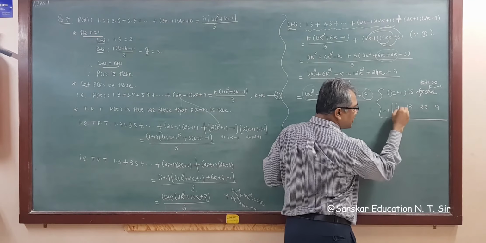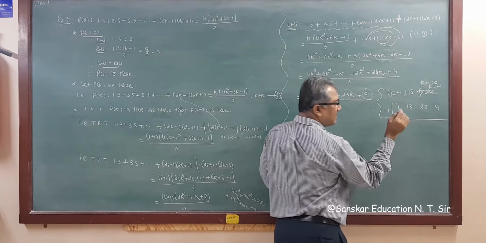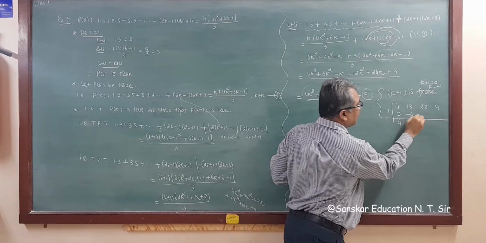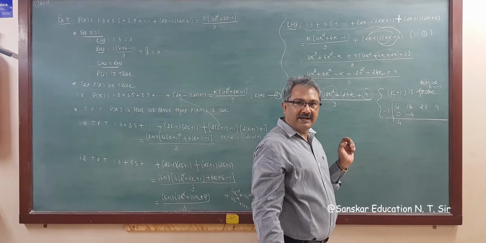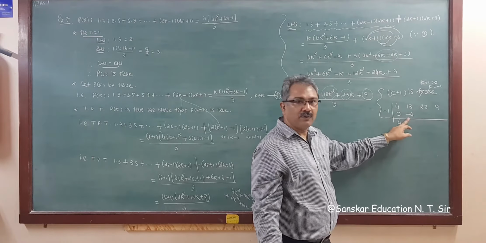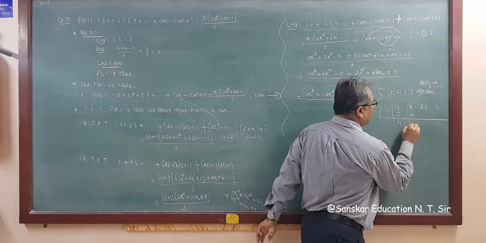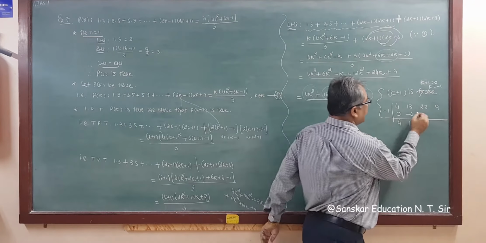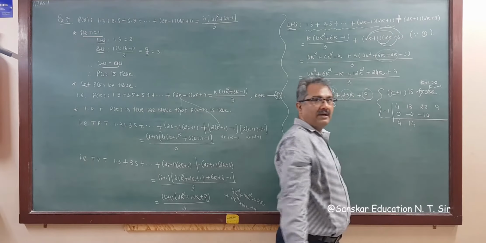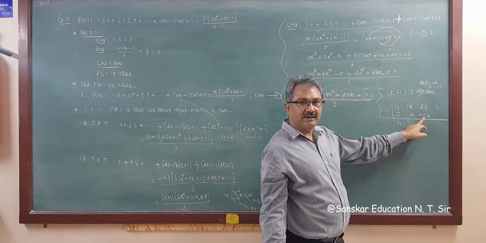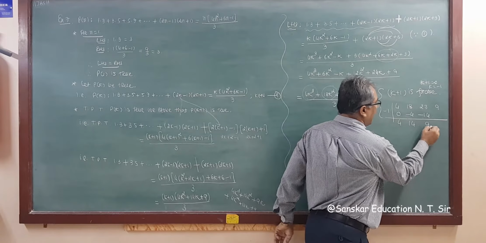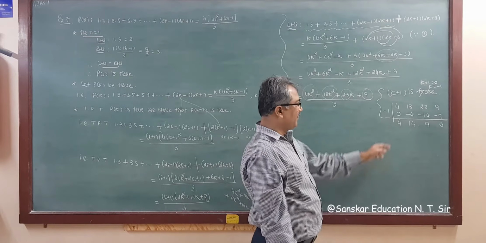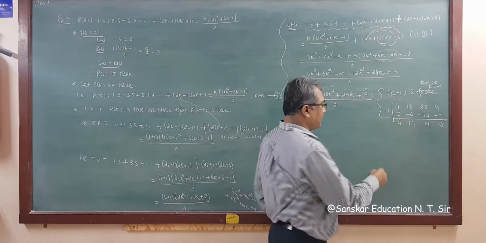So what do you get? Add these two terms. So 4 plus 0 is 4. Now multiply this, minus 4. Right? Now 18 minus 4 is 14. Now 14 into minus 1 is minus 14. Now 23 minus 14 is 9. And this is minus 9. So this is 0. And you know, one of the factors of this is k plus 1.